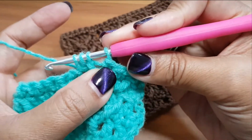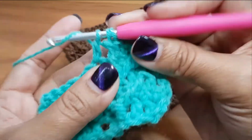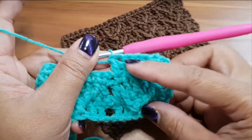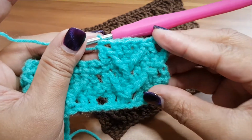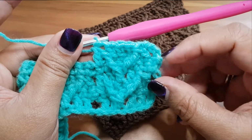Now you have the 4 loops on the hook, yarn over the first 2, yarn over all together on the last 3. So this is how it will look like. So you're making the first one, and then now we are doing the second one, and then this pattern keeps repeating this row, which is row number